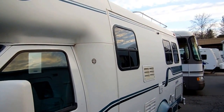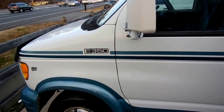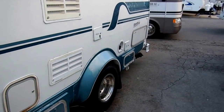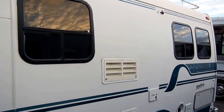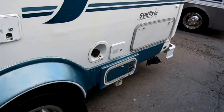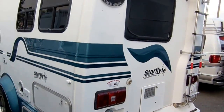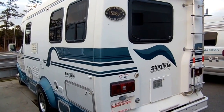It gets almost 15 miles a gallon. It's got 40,000 miles. Built on an E350 chassis. It's got the 6.8 liter Triton V-10, so you got 305 horsepower. It's got an Onan generator with 125 hours on it. Dually rear end, so this thing's going to sway a lot less than a camper van. All fiberglass exterior. Got everything a big motorhome's got, just shrunk down in a small, easy to drive and park